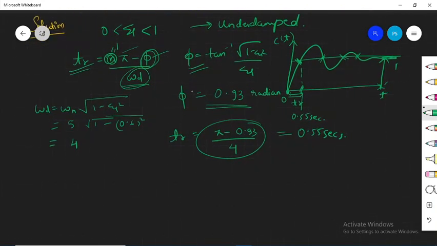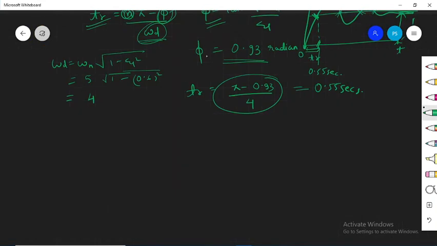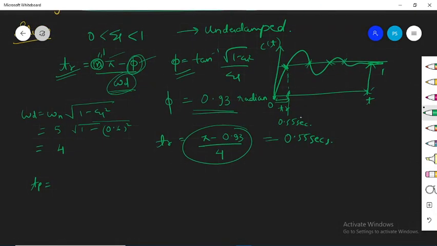So in the previous lecture we have also seen the value of TP. The formula for TP, the peak time, is also defined for the first instant only. If nothing is mentioned, then the peak time will be considered for the first overshoot only. So it's the time taken for the output to reach the first overshoot. When the graph hits the first overshoot, what is the time taken for this?